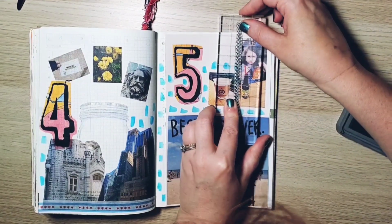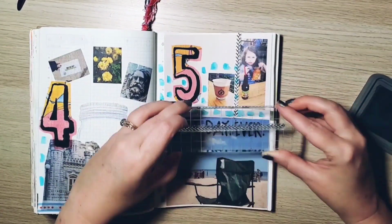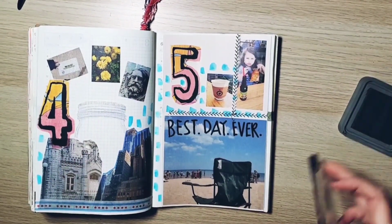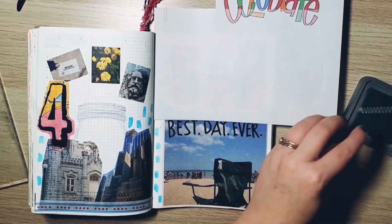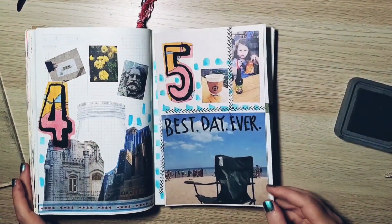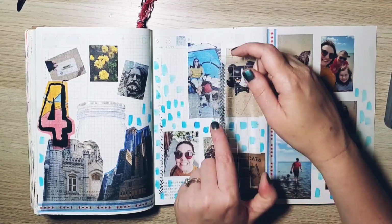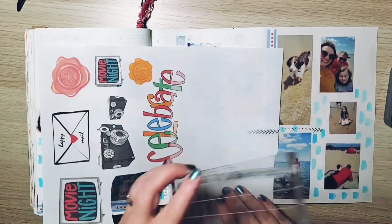What you also saw me do is take some liquid watercolor, which I don't use very frequently, but I do enjoy. It's Ken Oliver liquid watercolor that I have in my stash, and I just wanted to try it. I used a little bit to create those little lines and dots. But then I felt like the pictures just looked so boxy. So I took this stamp that kind of represents